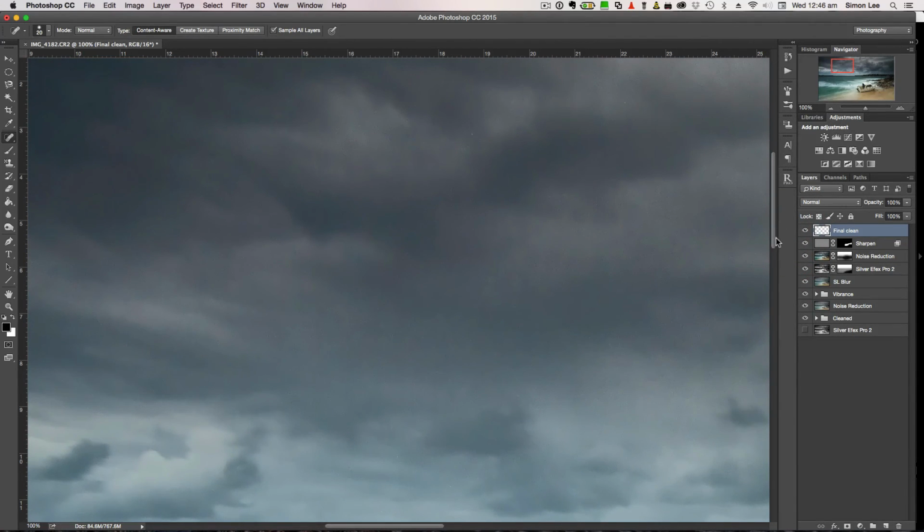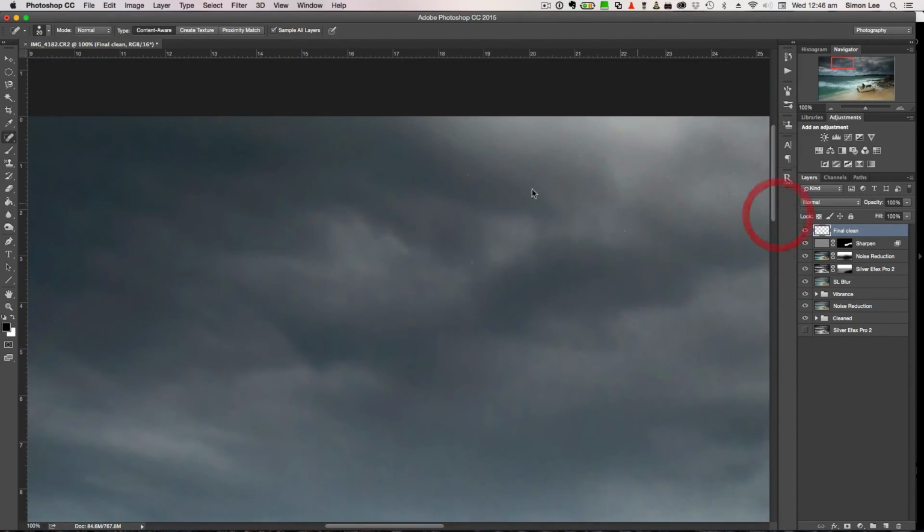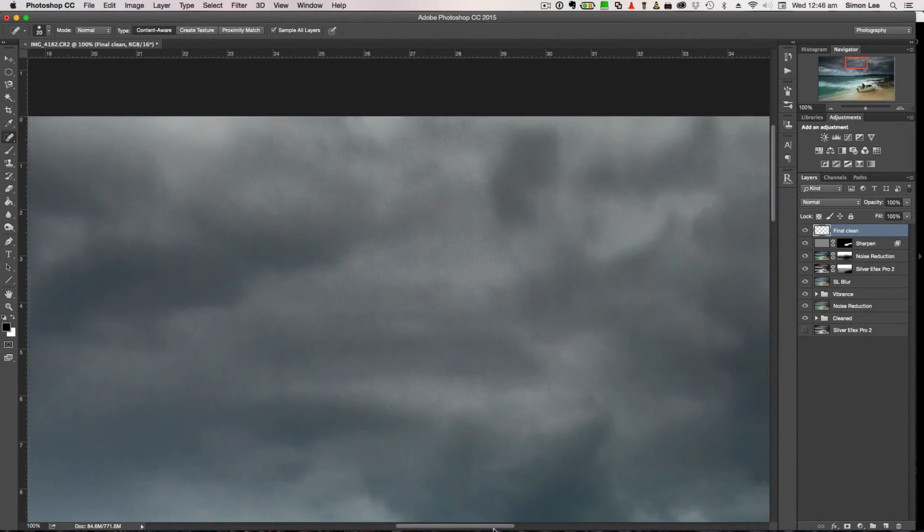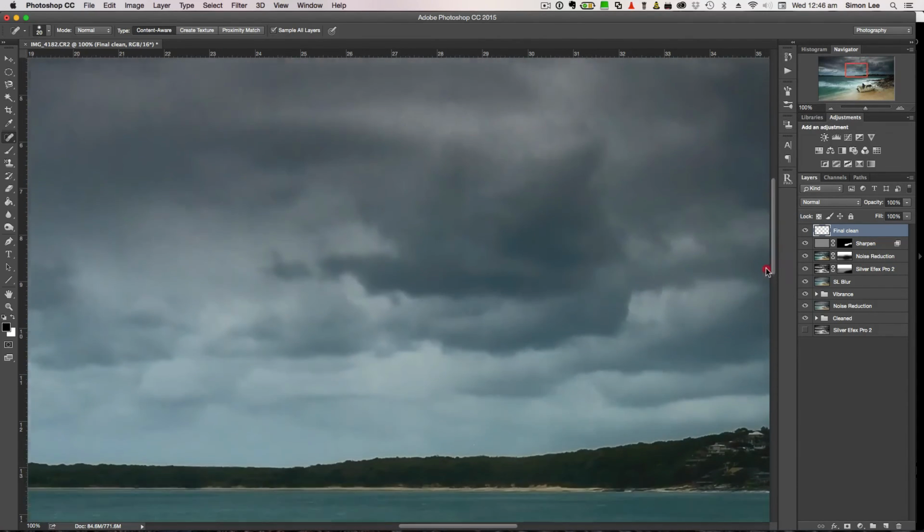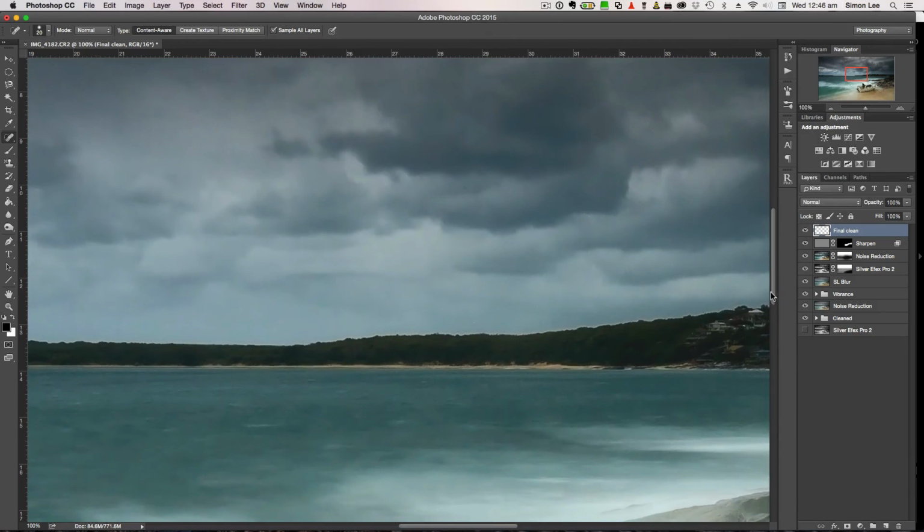Okay, and you're looking for all of these. Actually, there's a few up in the clouds because we've done a lot of processing on the clouds. Occasionally you'll get these things popping up, so we're just going to look through there. Just going through, finally being nice and quick. I can just see one there,